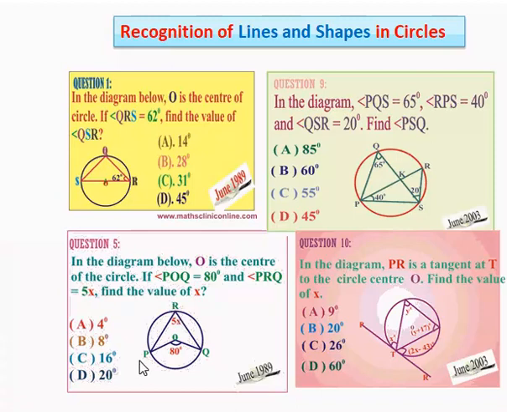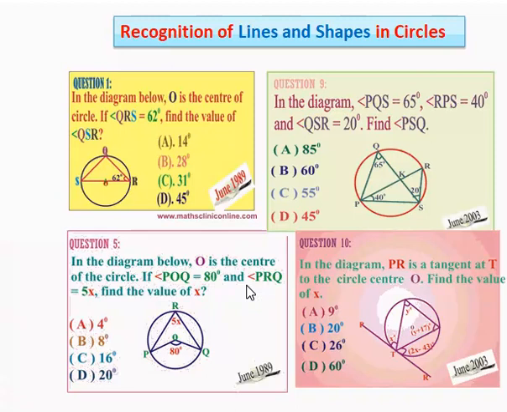What is the name of the line? A chord. What of RQ? A chord. What of PO? A radius. What of OQ? A radius. Beautiful. Now, there are many things beautiful about this, because these lines are helping you to form shapes